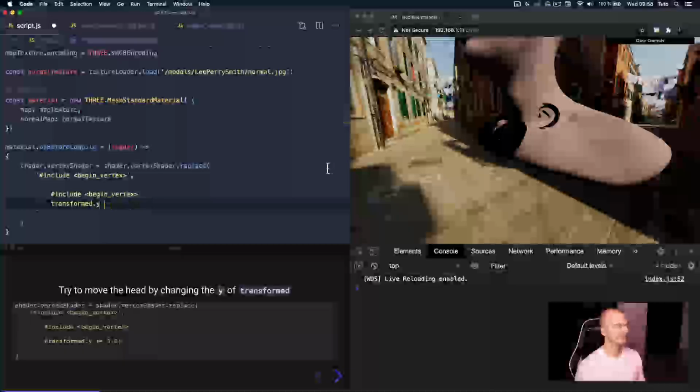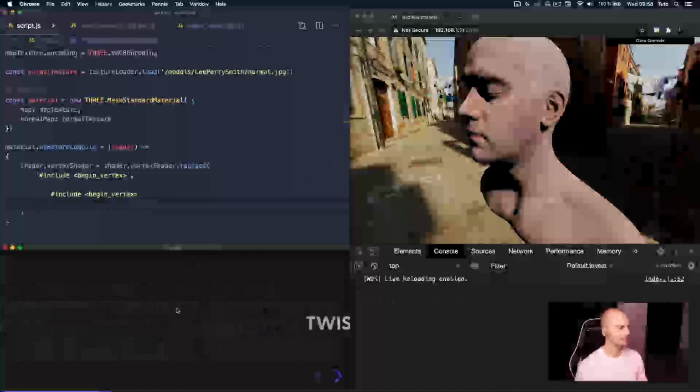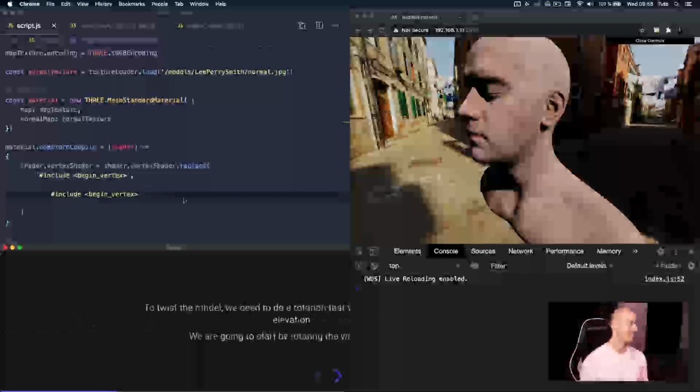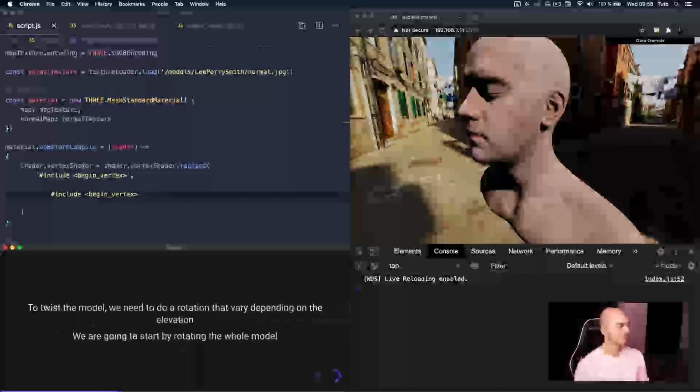I know the shadows are broken, we are going to fix that. So it's working, let's remove our test and move forward. And we can do the twist. No joke here. So yeah, to twist the model, we need to do a rotation that varies depending on the